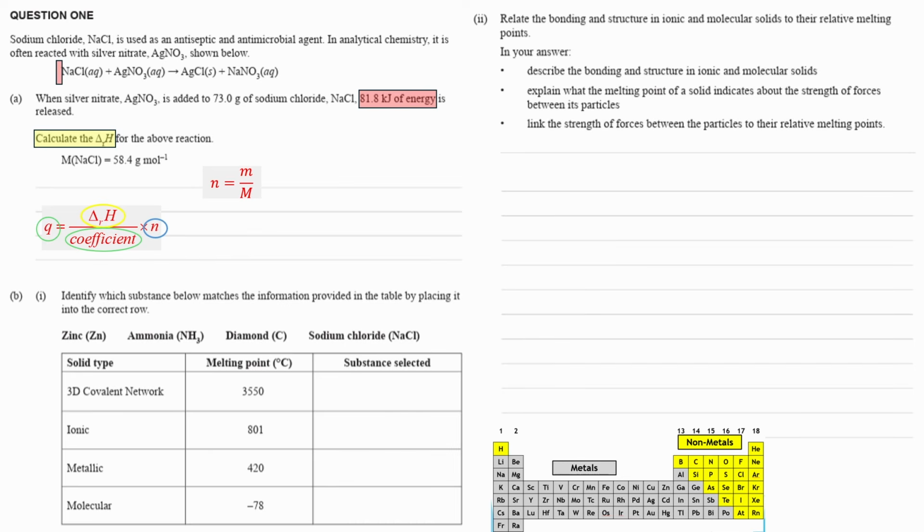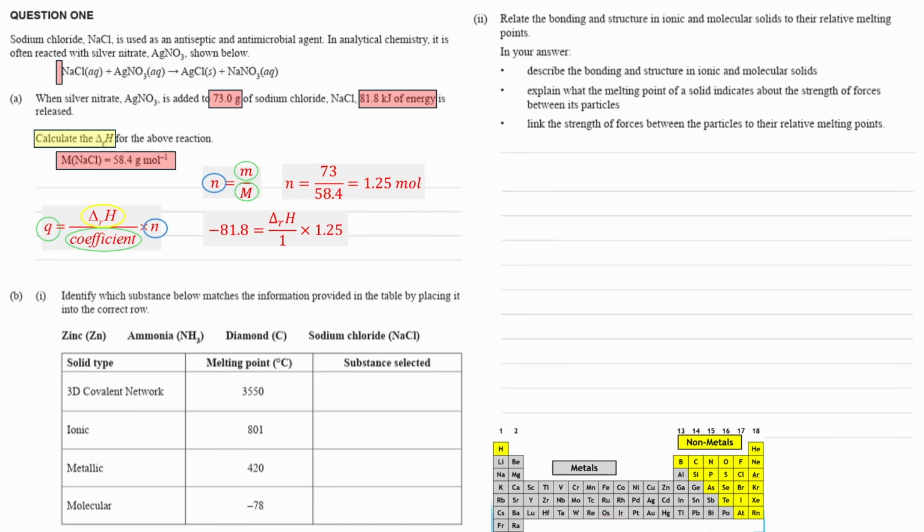Now remember, they gave us the mass of sodium chloride. Here it is here, 73 grams. And they gave us the molar mass of sodium chloride. Here it is here, 58.4 grams. So I'm going to divide my 73 by 58.4, and I get the answer of 1.25 moles. So that's really important because now I found out the moles, the third missing piece of information I needed to